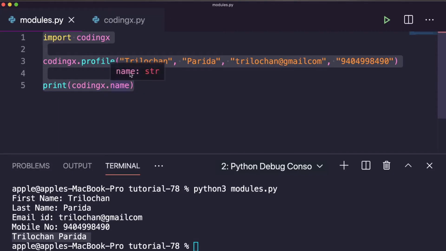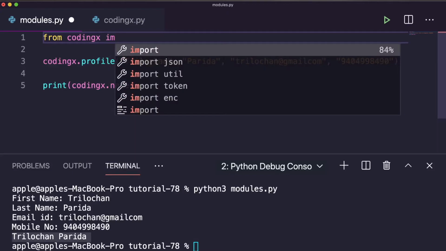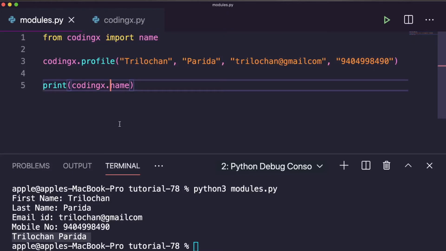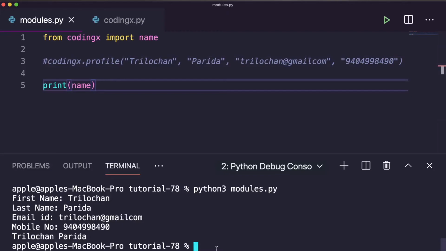Okay, so let's see how you can import particular names. From codingx you can import a particular name or attribute. From codingx import, you can write import name. Okay, so here you can directly write name. Let's comment this. Let's execute.